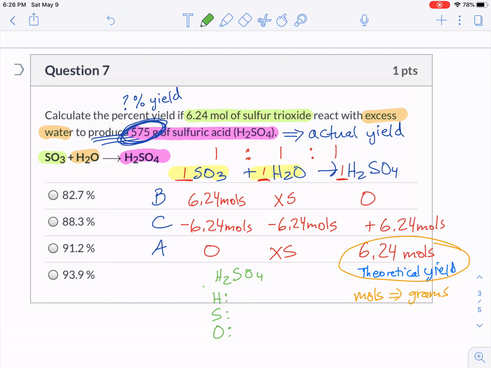Looking at my periodic table, hydrogen is 1.01. I have 2 atoms of it. Sulfur is 32.07 grams for every mole. In this situation, I only have 1. And then oxygen is 16 grams for every 1 mole. And I happen to have 4. So adding all of these together,